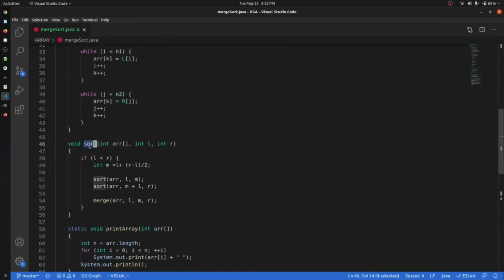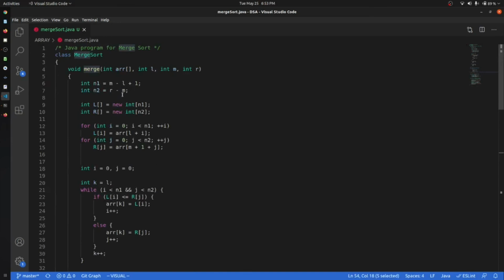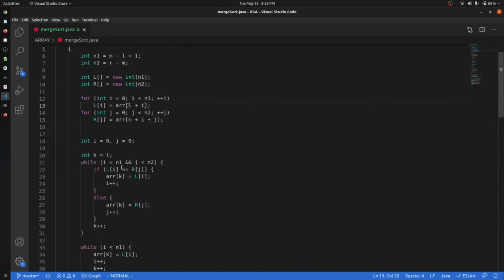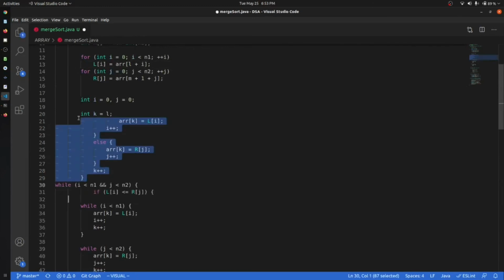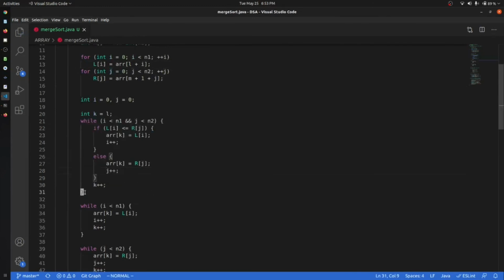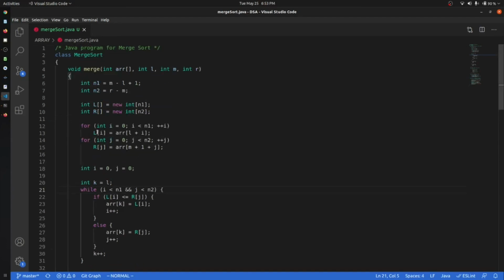We have to just divide the whole array into smaller parts, into sub problems, and after those sub problems are achieved, we have to merge them depending upon their size. So we are finding the size of the newly created array and creating a new array. Then we are adding the elements in the newly created array, and then we are just using the swapping approach, checking whether the left portion is greater than the right portion. If this is greater, then we will store the smaller element in our array.